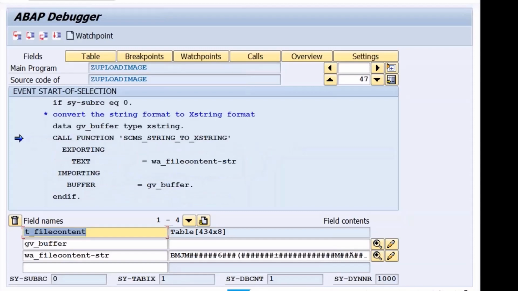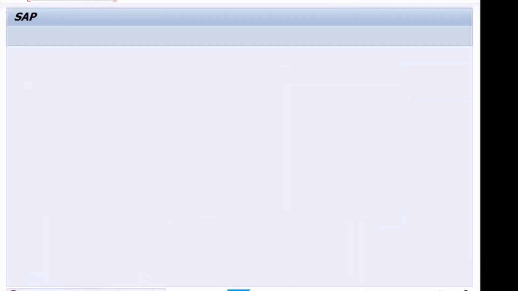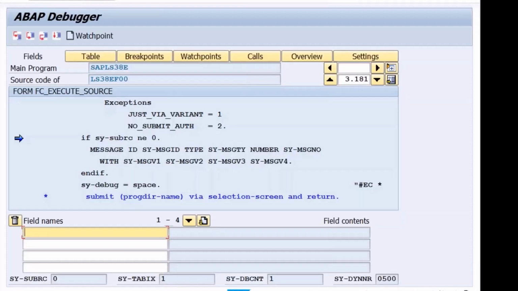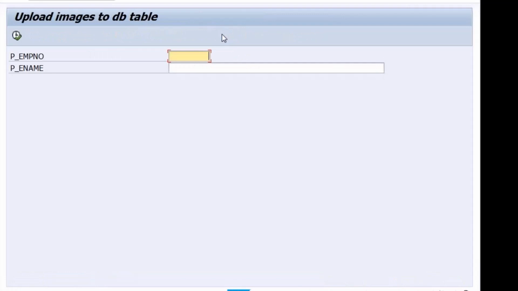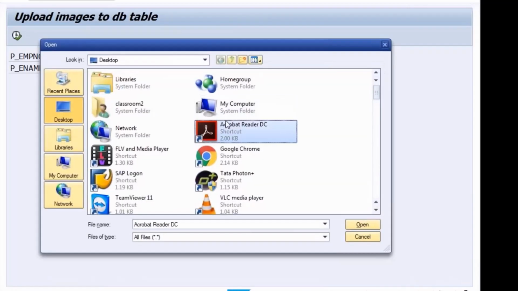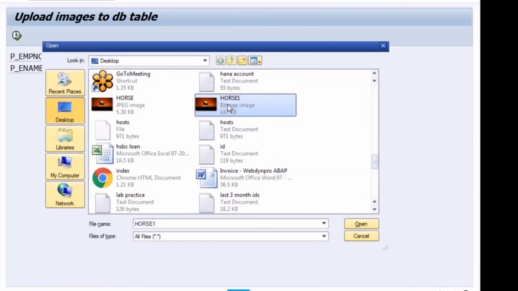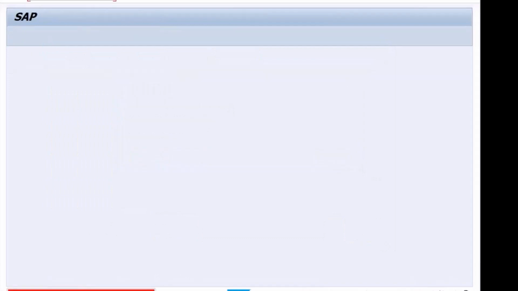Now I'm trying to call the function module. I'll press F6. Error occurred during character conversion. So I'm not getting the runtime error, but I'm getting an abort error.